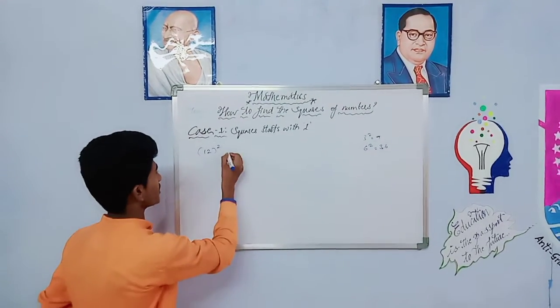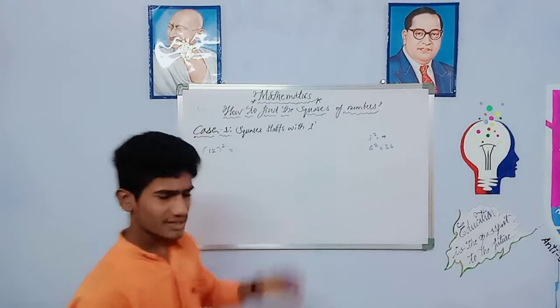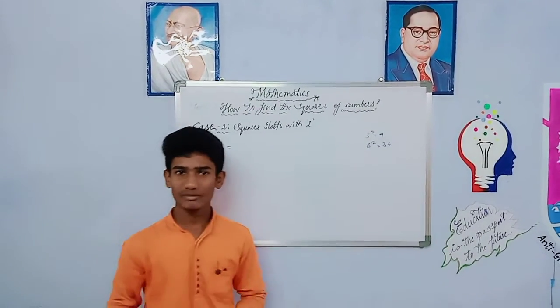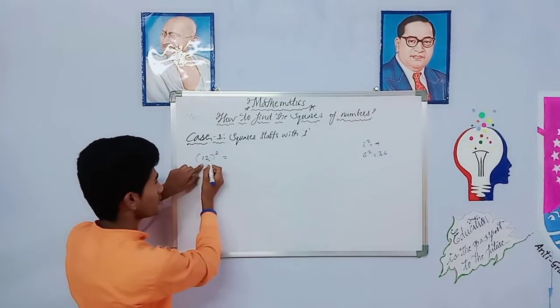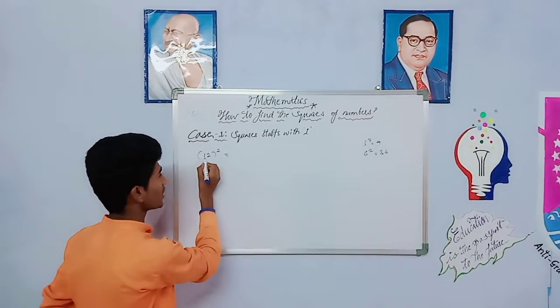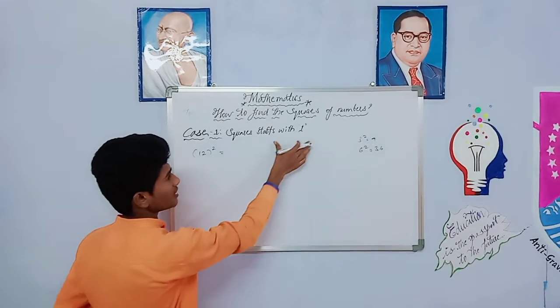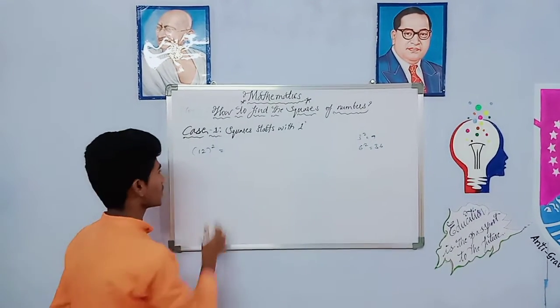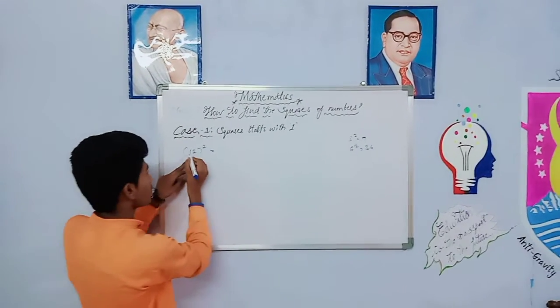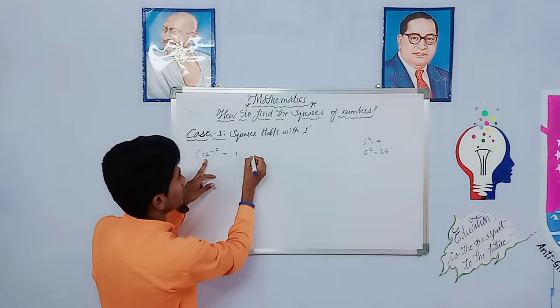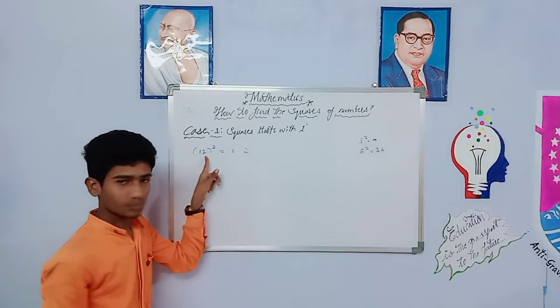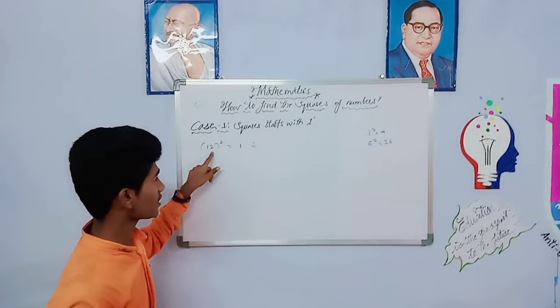12 square equals, generally we can do the multiplication and get the answer. But the simple trick is, here you can see 12 square, starting with 1. What is our case 1? The square starts with 1. So you have to write here 1. Next, what is the digit? 2. Write down here. And in the last digit, the ones place digit,